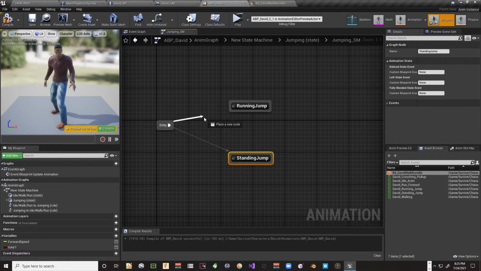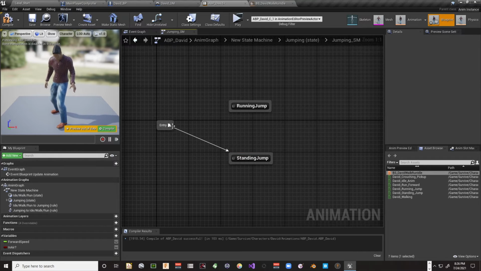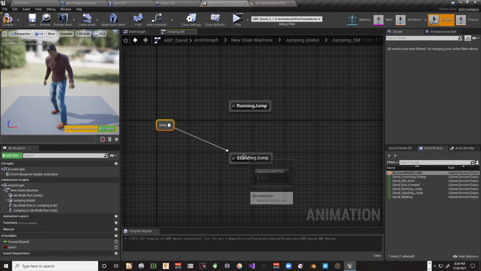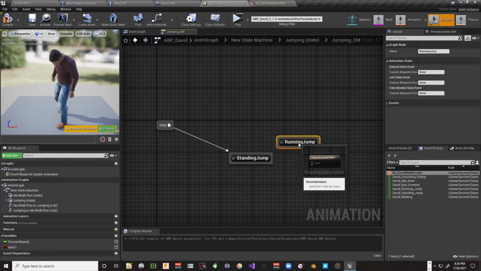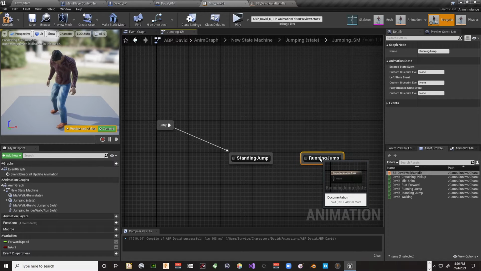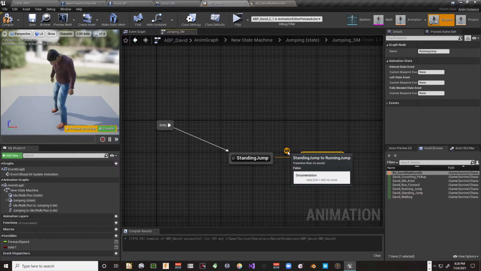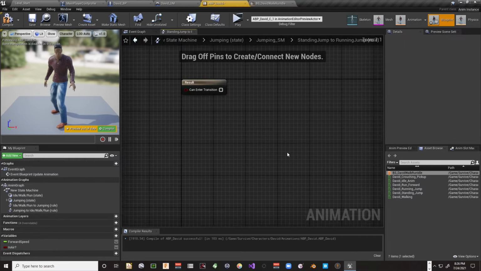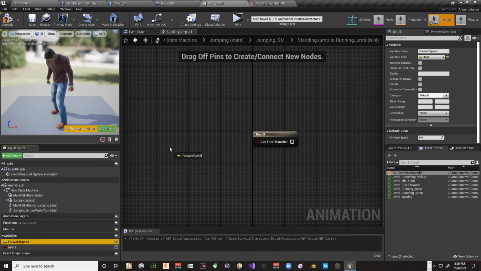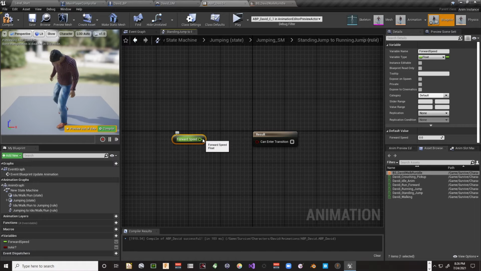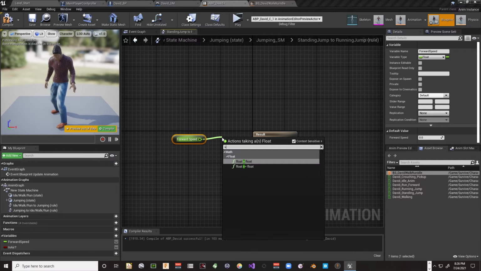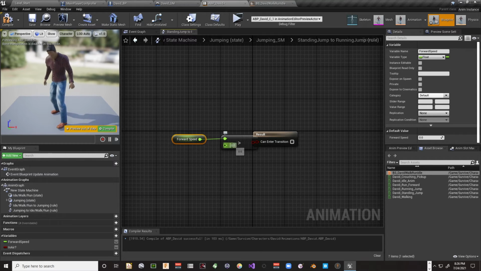Oh, that's right, we can only go from entry to one of these. So we've got standing jump, it's going to jump into that. We've got running jump, and we've got a guard condition that's going to be forward speed is greater than, say, one,